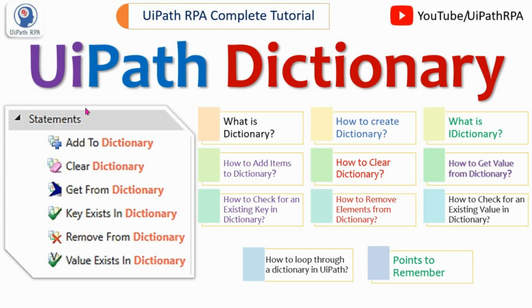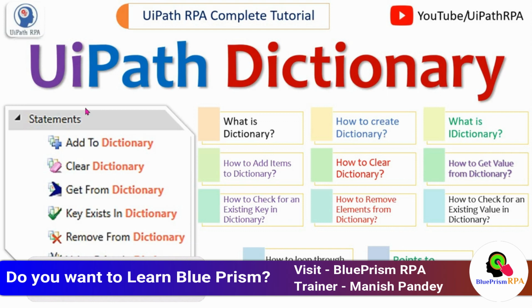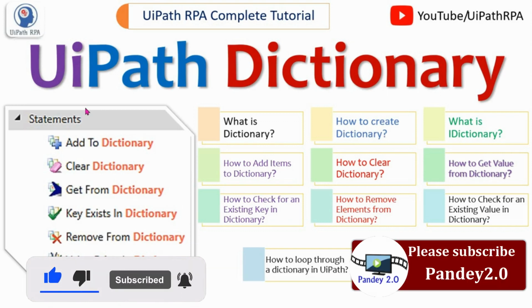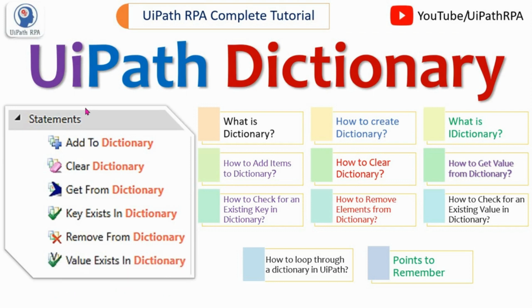We'll also learn how to add items to a dictionary, how to clear the dictionary, how to get a value from the dictionary, how to check for an existing key in a dictionary, how to remove elements from the dictionary, how to check for an existing value in a dictionary, and how to loop through a dictionary in UiPath. At the last we'll see what points need to be remembered.